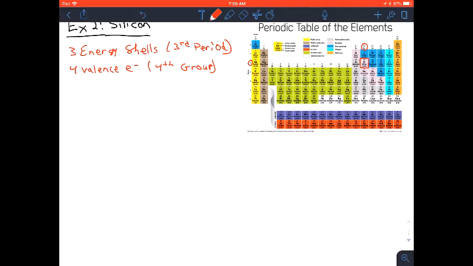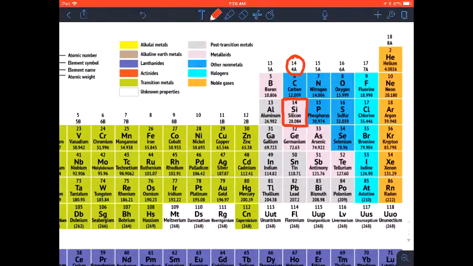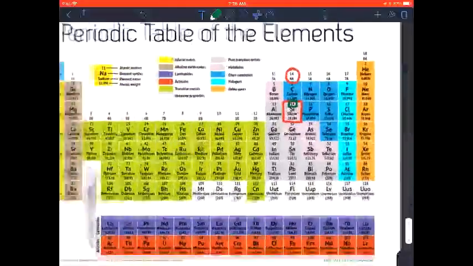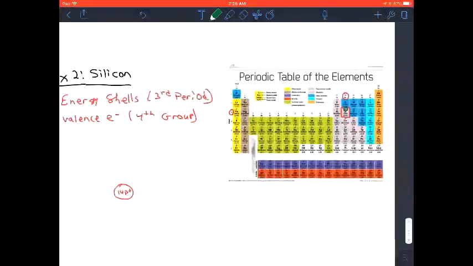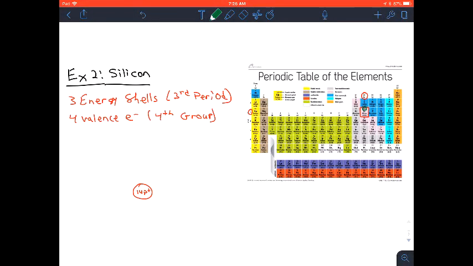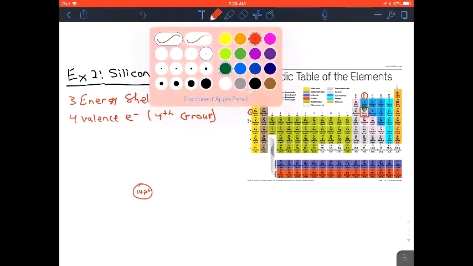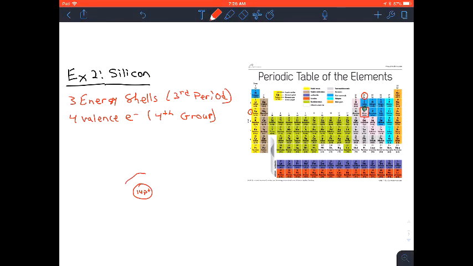So we have in the nucleus, we're going to have 14 protons because of the atomic number of 14. Then we have to build from the first floor up to the 3rd floor. So on the first floor, we have 2 electrons. On the 2nd floor,